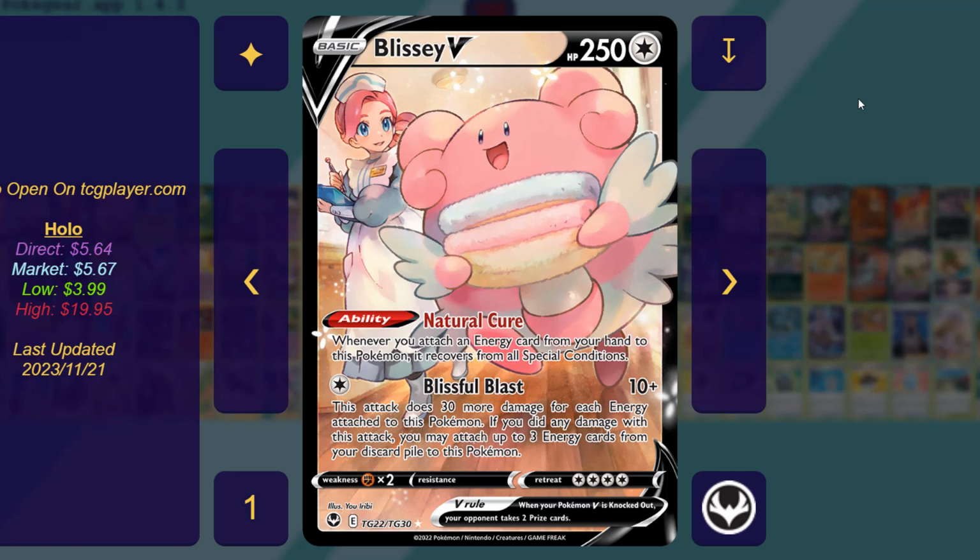This thing was an absolute monster in Expanded when it first came out. Essentially, Battle Compressor, discard 3 cards from the deck, so you discard supporters to use with Blissful Blast. Discard energy to use with Blissful Blast. The supporter part was the way I chose to play the deck. I chose to play it 4 Verse Seeker, maxed out copies, and then a ton, I think like 15 different one-of